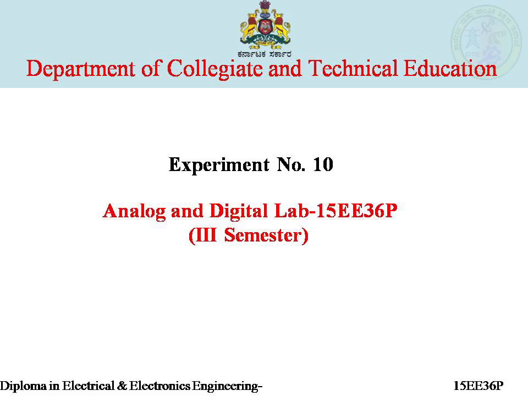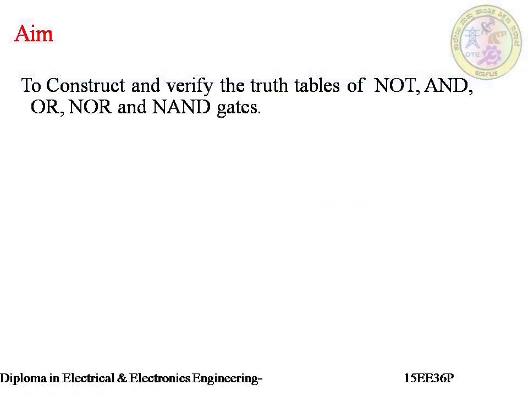Hello everyone. Today I am going to explain experiment 10, that is truth table verification of logic gates belonging to analog and digital lab of third semester E&E diploma. The aim of this experiment is to construct and verify the truth tables of NOT, AND, OR, NOR and NAND